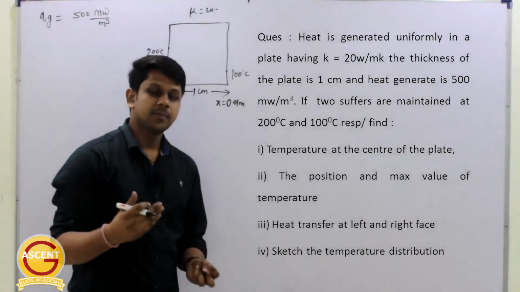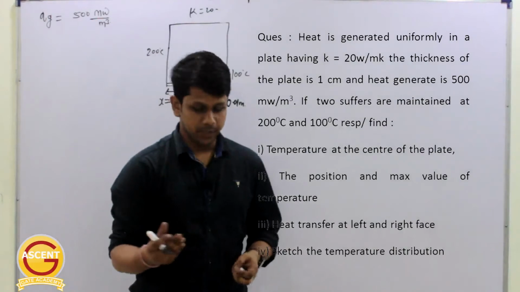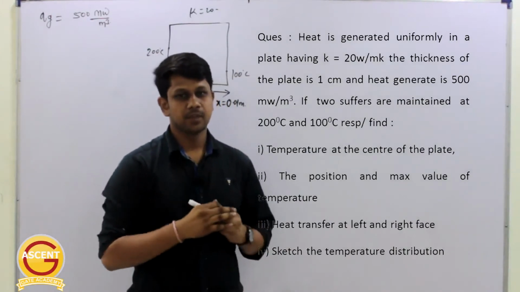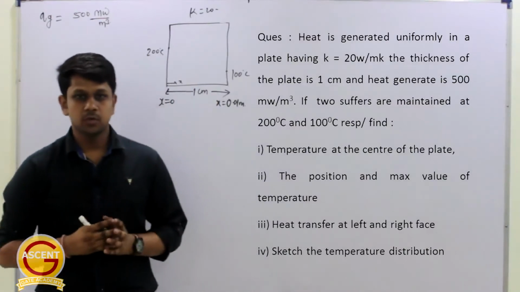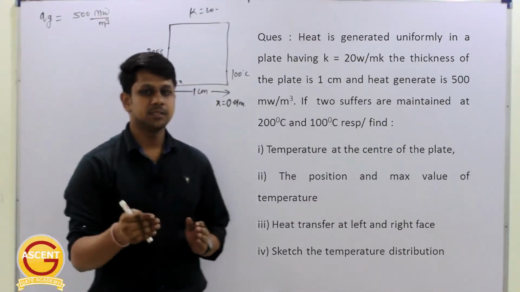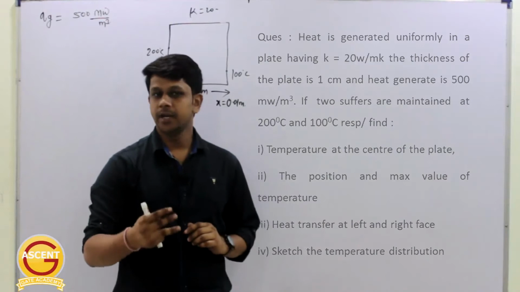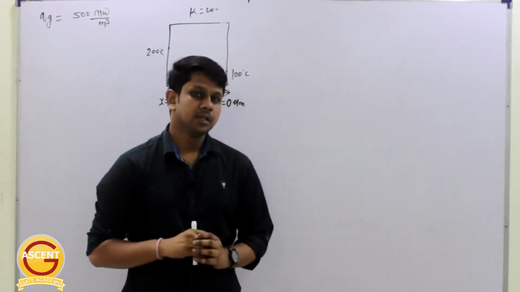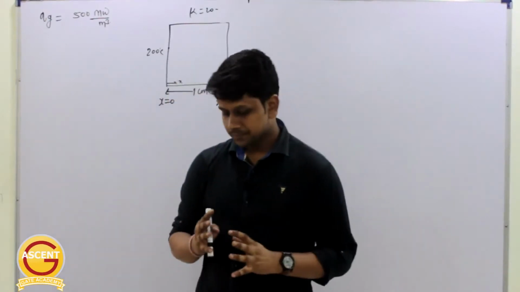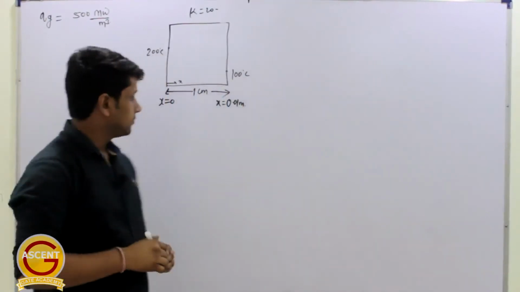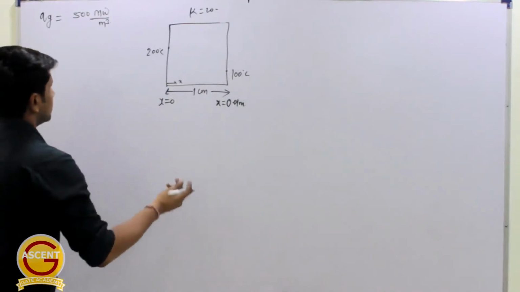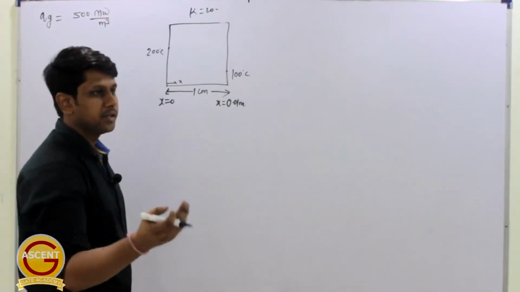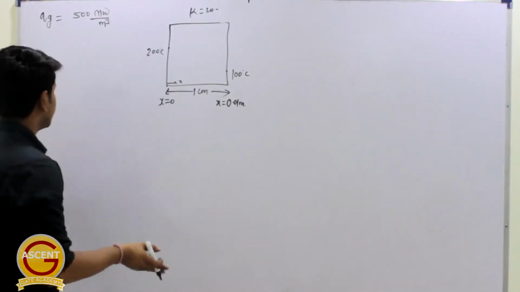To calculate the temperature at any location of this plate, we need to develop an expression for the temperature profile. Now, as I have told you, don't remember the temperature profile for each case, because there are 3 cases. You may end up confusing them and you will not be able to solve the question in the examination. So just stay with the basics. So what are the basic equations? We have 2 basic equations here, which come by integrating the generalized equation, and these 2 basic equations you can remember. They are easy also.